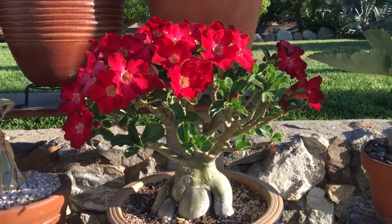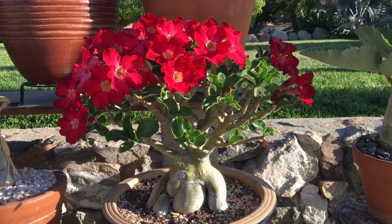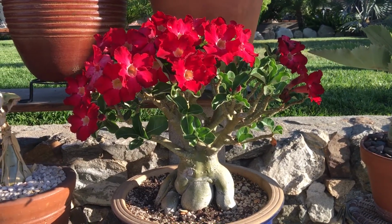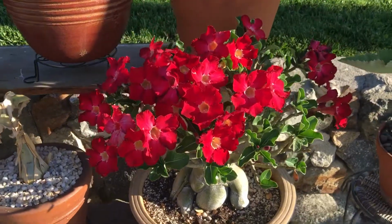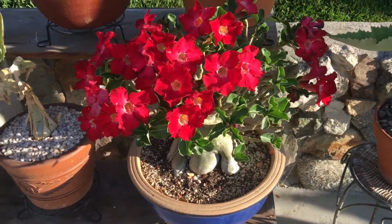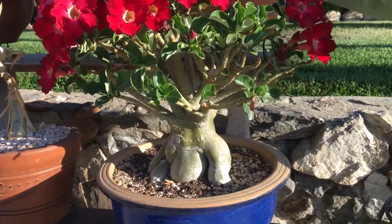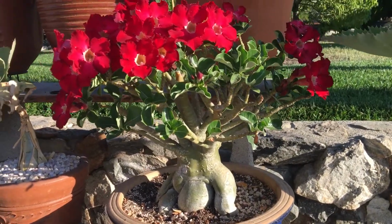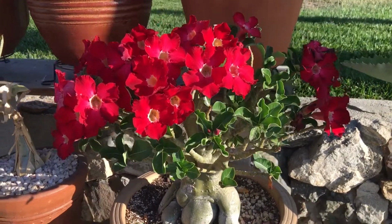And this right here is an adenium obesum. Not sure what the flower color is called, but I always just call it a scarlet red. So it's blooming really nicely right now. It's the second big bloom it's had this summer, and it's looking really nice. So anyway, just wanted to show some of these plants in late summer and how nice they look after a